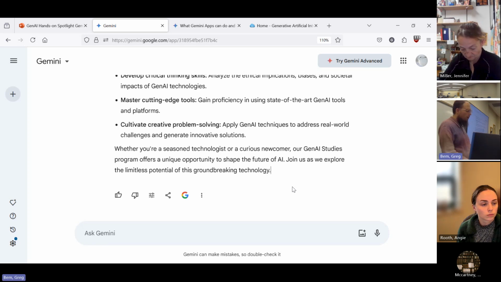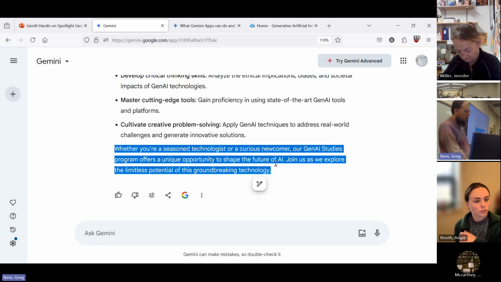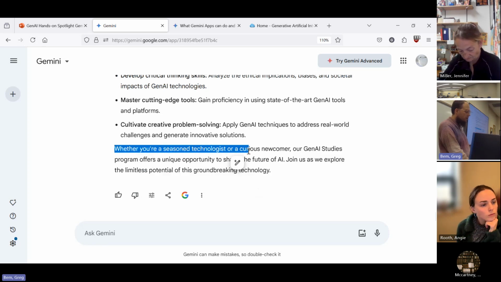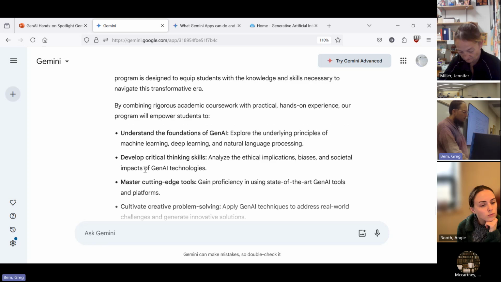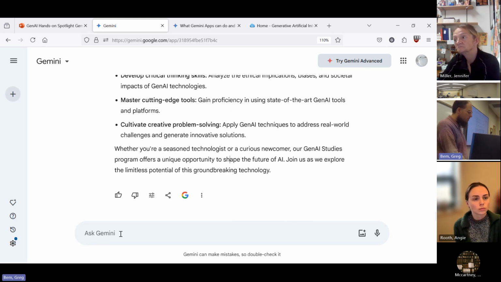Also, this does feel like more of a marketing. There's like some marketing text in here as well. Like whether you're a seasoned technologist or a curious newcomer, our program offers a variety. So yeah, I would probably reframe this if this is going to be a proposal. So,